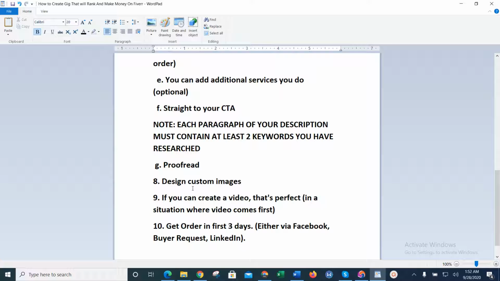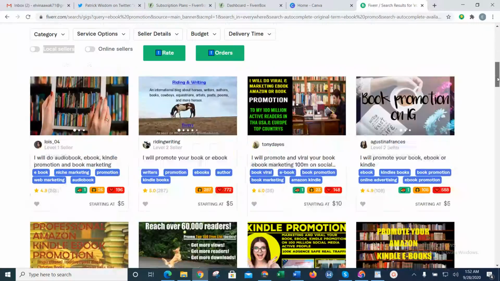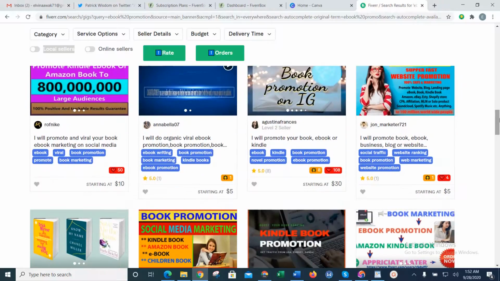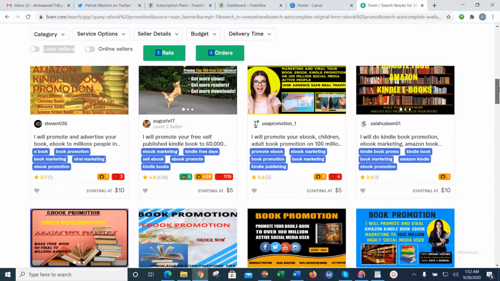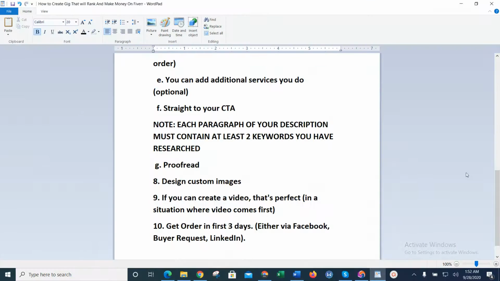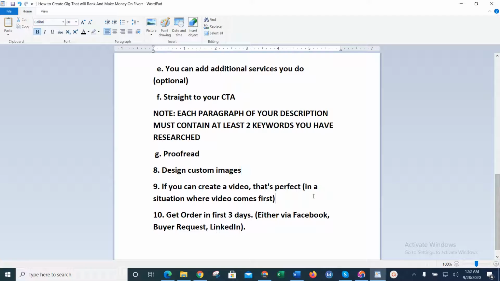You can design custom images for your gig. For example, if you look at the images people use here, you can see that they designed them by themselves. I will show you how to design a custom image from scratch for your gig, so it will make this video somehow long. The next thing is, if you want to create a video, that's perfect. It is very good. You notice that sometimes when you complete your overview page, your scoping and pricing page, your description page, your requirement page,